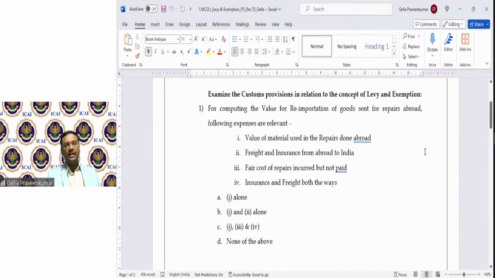Point 1: value of material used in the repairs done abroad. Point 2: freight and insurance from abroad to India. Point 3: fair cost of repairs incurred but not paid. Point 4: insurance and freight both the ways. Options: A, point 1 alone. B, points 1 and 2 alone. C, points 1, 3 and 4. D, none of them.